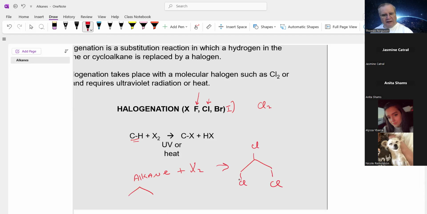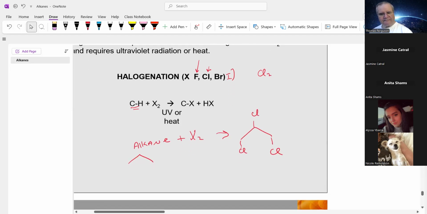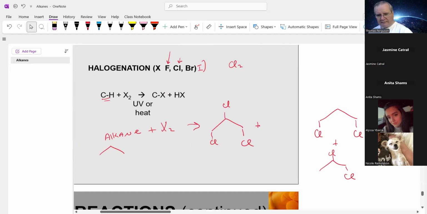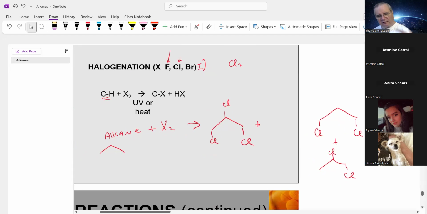Now, the problem with halogenation this way, it's not very efficient. So the problem is you end up with a mixture. It just depends on how long or extreme these conditions are. Now,